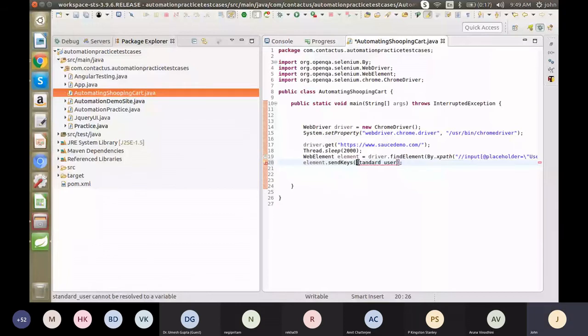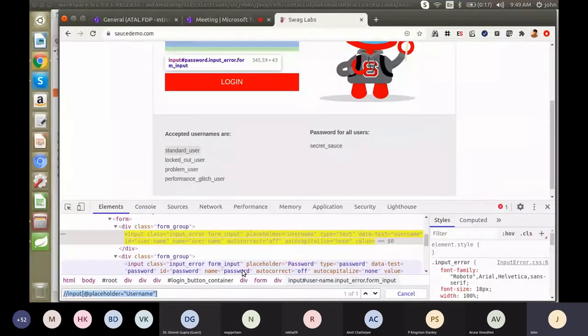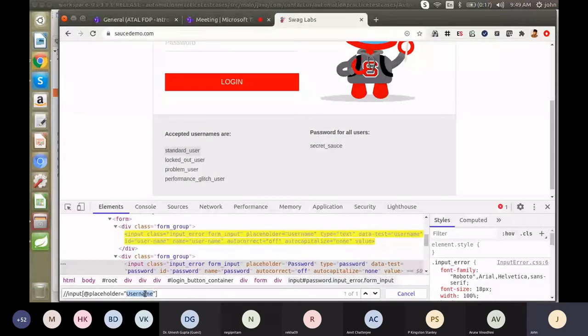Then we have to find the password location. Instead of username, you have to give the placeholder value. So this is the password XPath.